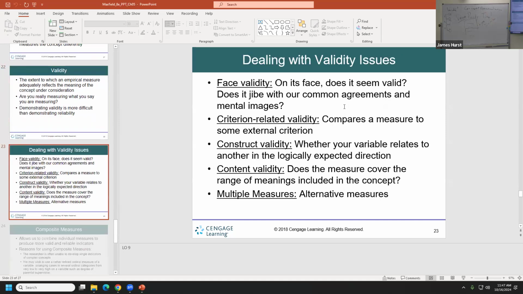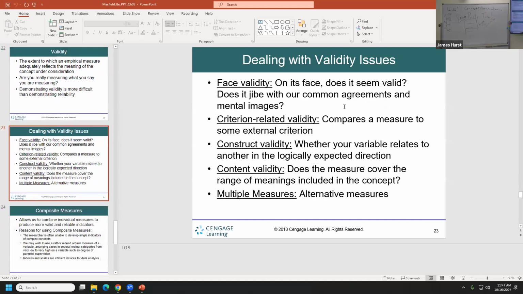Validity, we just talked about it in Amiga 2. A few different ways they do it. Face validity is my favorite because on its face, does it look right? Sometimes yes, sometimes no. And then we'll start looking at criterion validity, right? You start looking at other things there to see if it matches what you should expect here. So these build off each other, right? So criterion related, criterion one. That would be like,